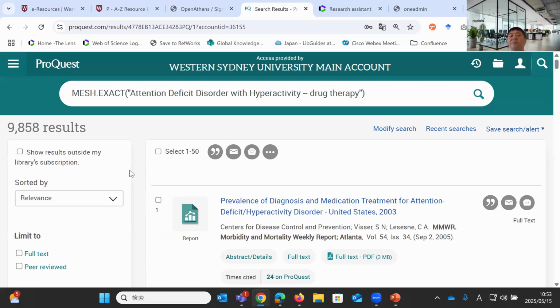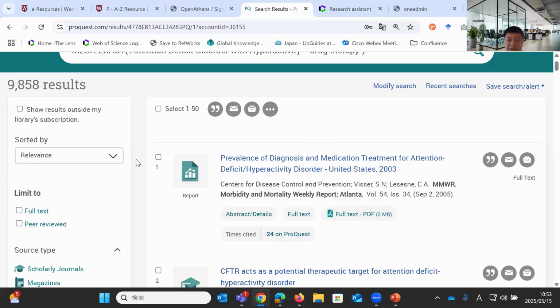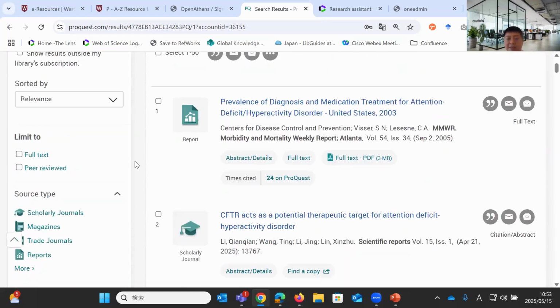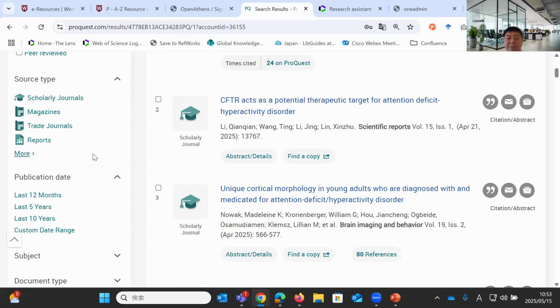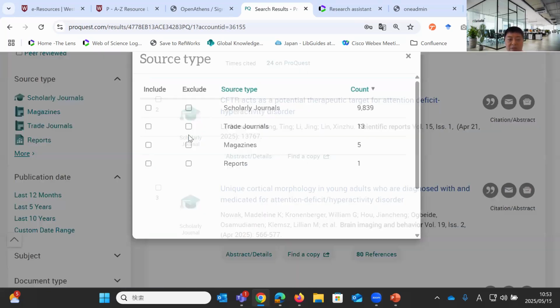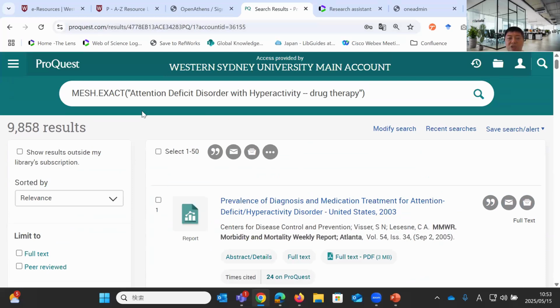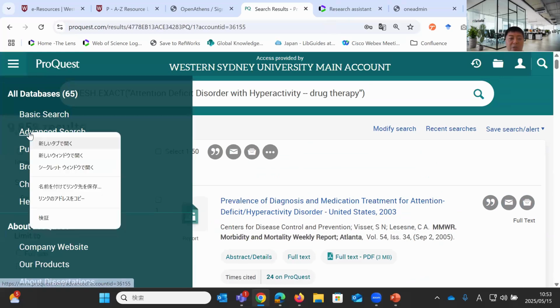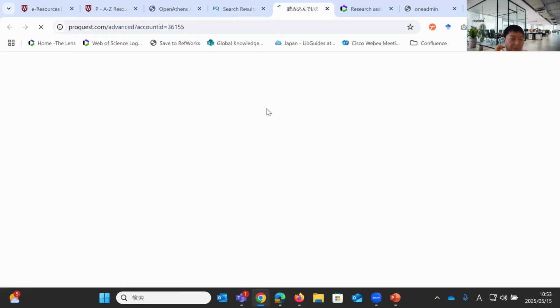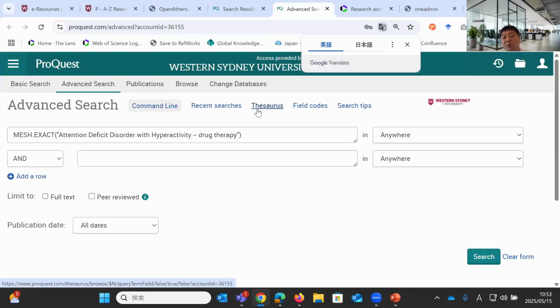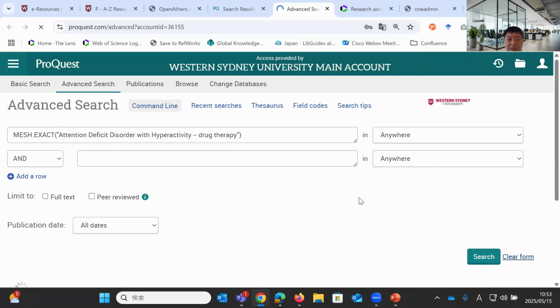You must use PubMed from the database list here on the library website. You have to use your institution's version, and you want to do that. But this is only contents available in PubMed. As I said, it's mostly scholarly journals, but partially trade journals and magazine reports. But what I'd like to show you is that you can do another search with the ProQuest Thesaurus. That indexes almost everything within the collections that run on the ProQuest platform. So let me clear the form here.